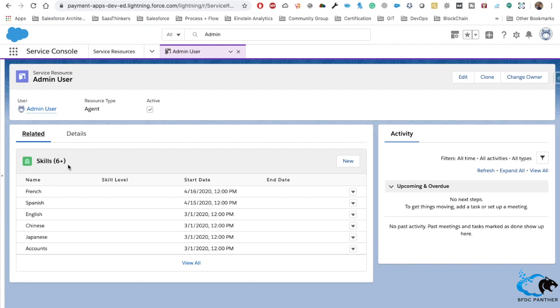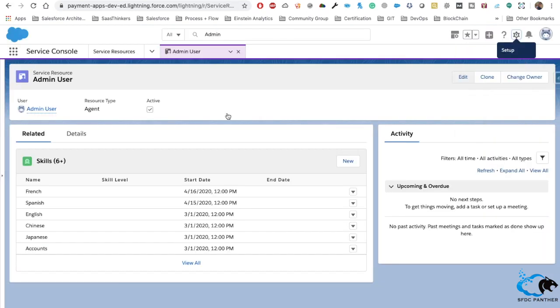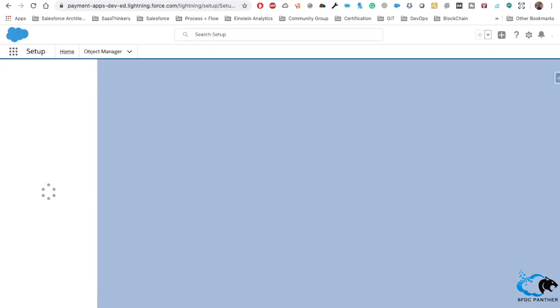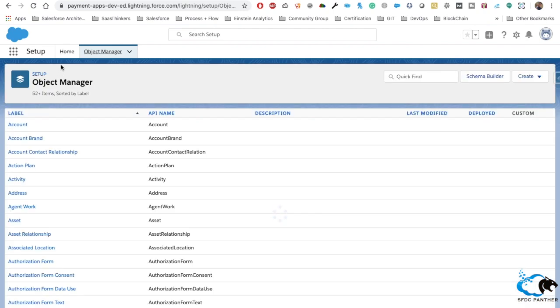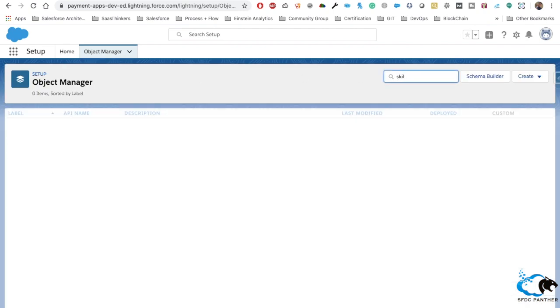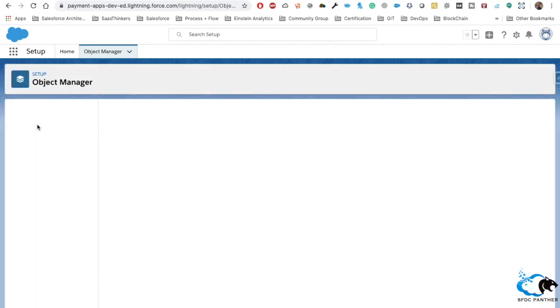If you don't see it, what you need to do is go to the setup, go to the service resource object, edit the page layout, and then add skill as a related list. So I'll just quickly walk you through here. We need to go to object manager, and then service resource, and then edit the page layout.